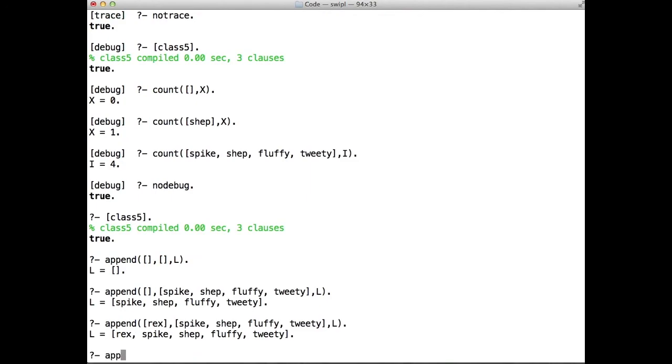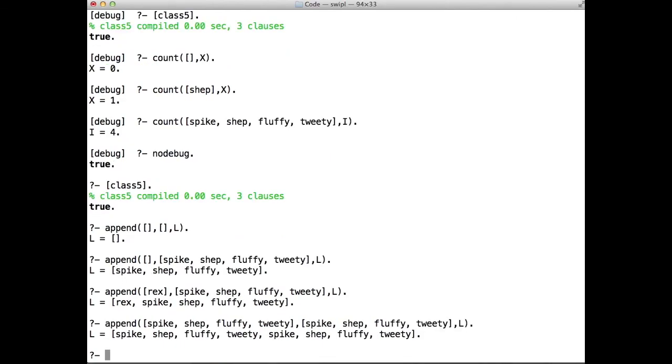And so just to make things complete, let's append a long list of 4 items to another list of 4 items, and we should get out the list of 8 items, and that's exactly what we get. So if you can understand append, you'll really have understood how recursion in Prolog works. Try putting it together yourself. If you're having trouble with it, you might try turning on trace and watching